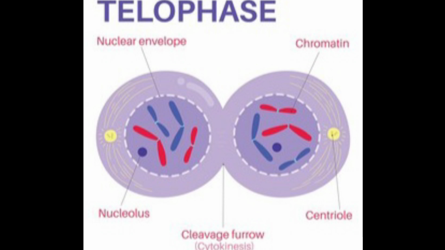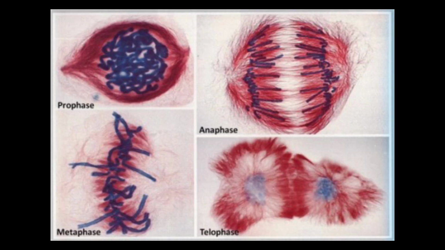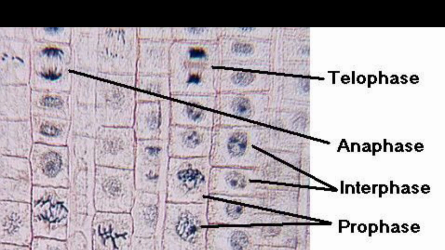Now let's see the real mitosis in human cells with photographs in onion peels under the microscope. And this is the real mitosis of a human cell. As you can see here, prophase